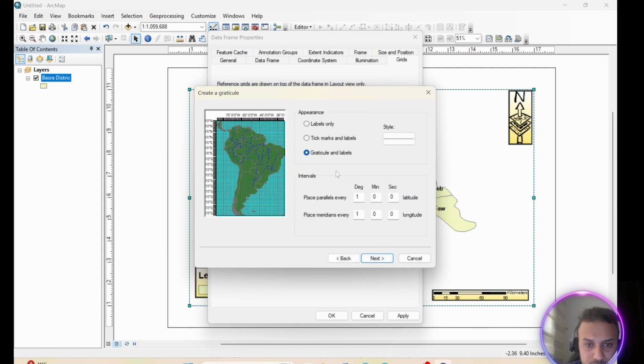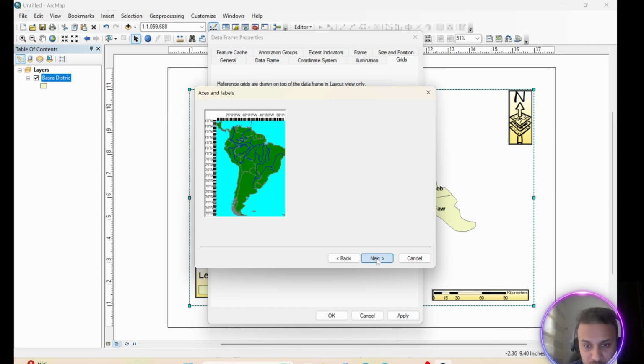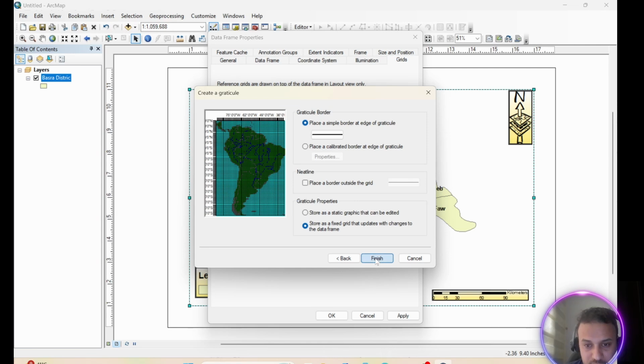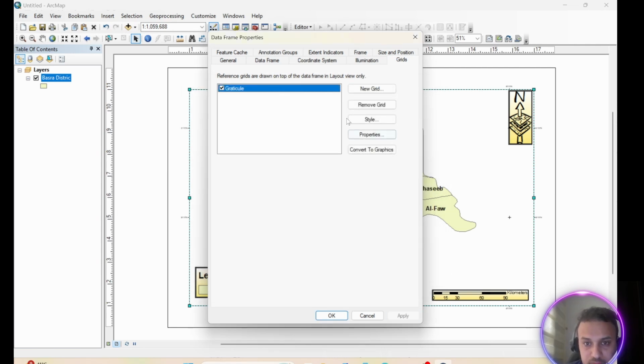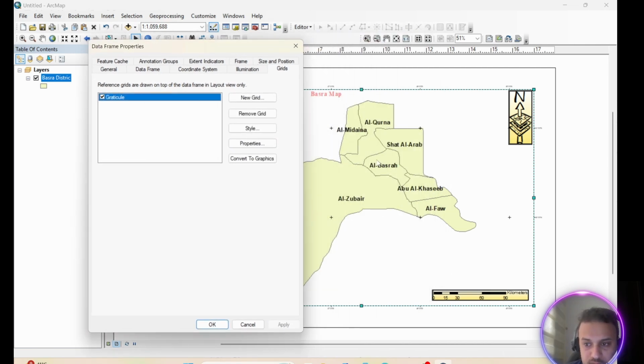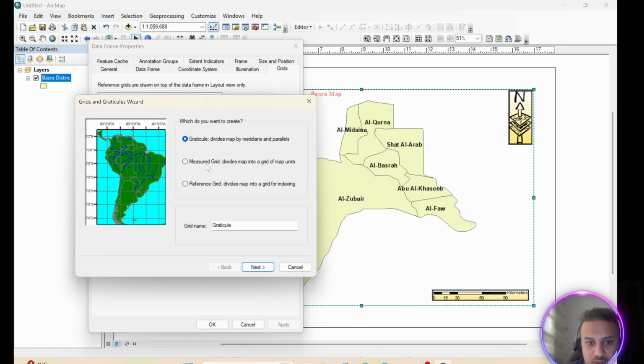Okay, you can choose a graphical with labels, or tick marks and labels, or labels only, depending on your purpose. For example, you choose this one. Next, finish, apply. But if, for example, you need to remove your grid, you can just go to remove grid and apply. You have to go back to a new grid, graphical,